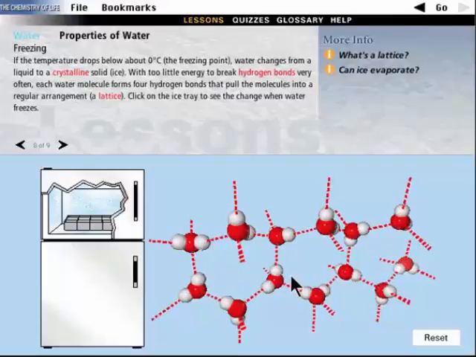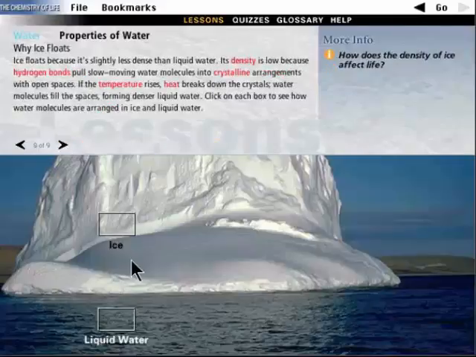Most substances on planet Earth, when you freeze them, when you go from a liquid to a solid, get more compact. The molecules stop moving around with much kinetic energy. They slow down, so they're able to pack together tighter. But liquid water will actually expand when it freezes and form these hexagonal holes, which make it less dense. So because the water now has more empty space, it's less dense, so it's able to float